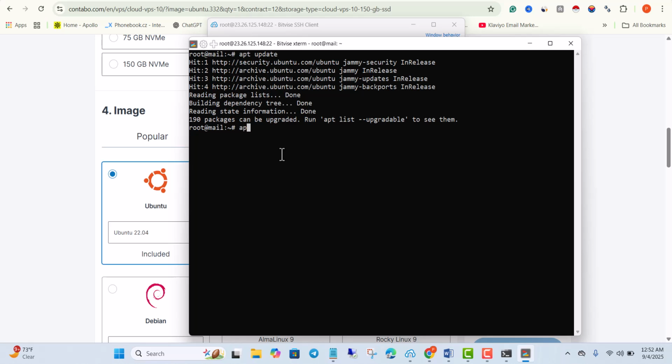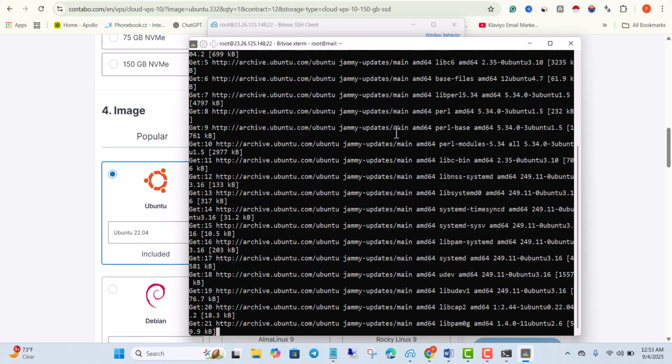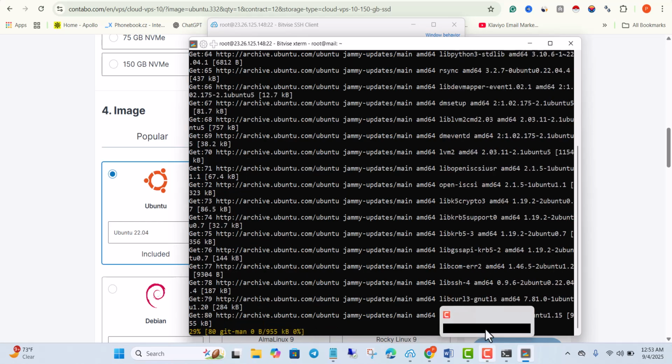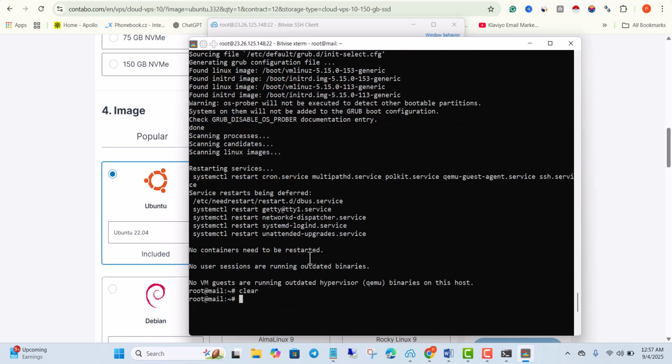Then we type apt upgrade. We're just going to give it some time for the upgrade to finish, and we'll come back to it. Okay, as you can see, finally we have finished